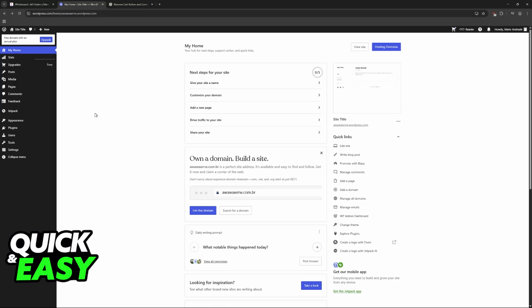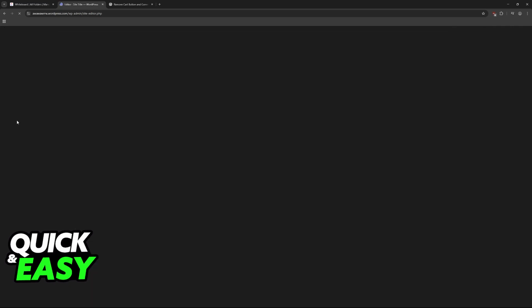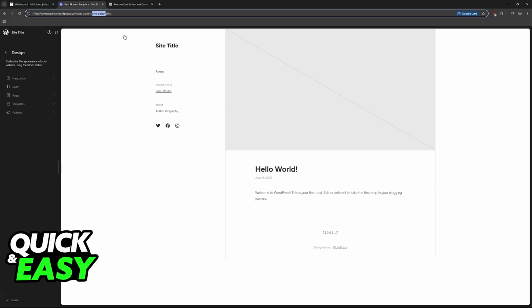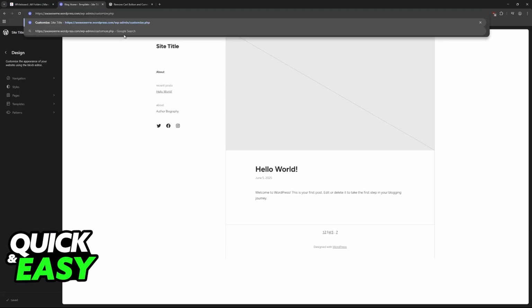So to do this, like I said, go into WordPress and access the Customize options. You will notice that for me, I don't have Customize under Appearance. If you don't as well, then don't worry. All that you have to do is access any page, for example, the Appearance Editor. So hover over Appearance Editor, and in the URL, instead of site-editor.php, go to customize.php. So simply replace that part, and you will see your website then